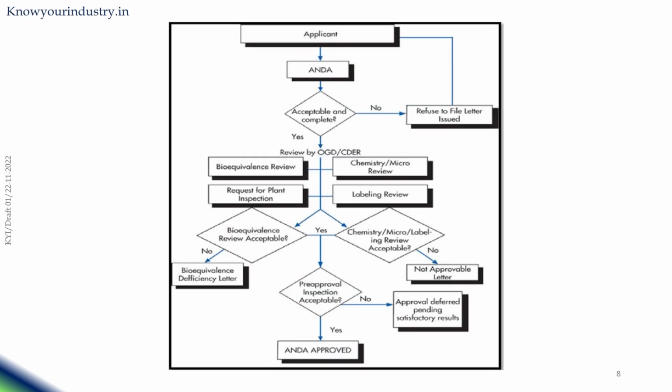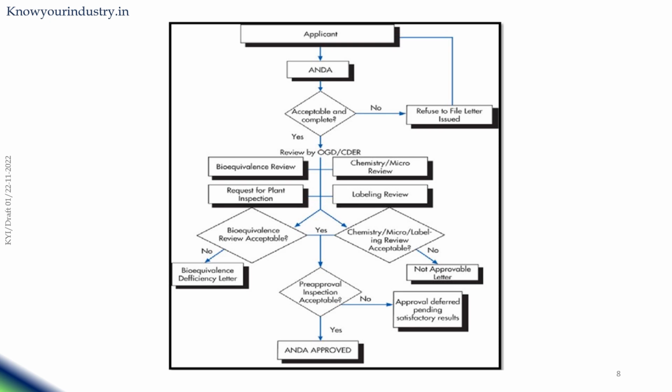This flow chart is for the ANDA review process. Let us go through this. Once the applicant files the ANDA, if it is not acceptable, they will receive a refuse to file letter from the OGD or CDER. If it is acceptable, then it goes for review by the OGD or CDER, that is the Office of Generic Drugs